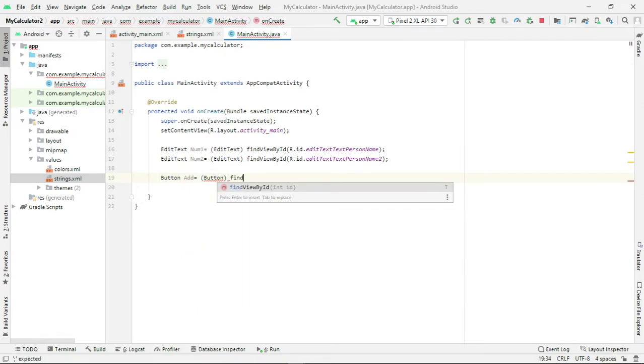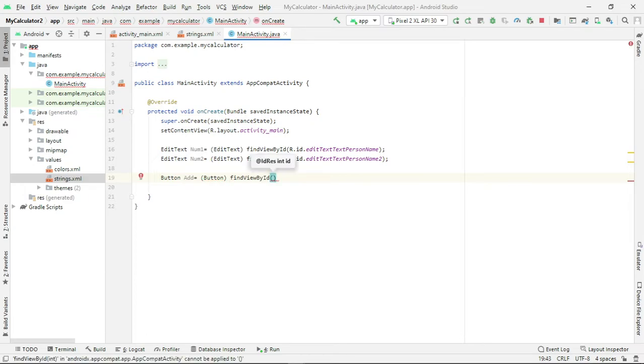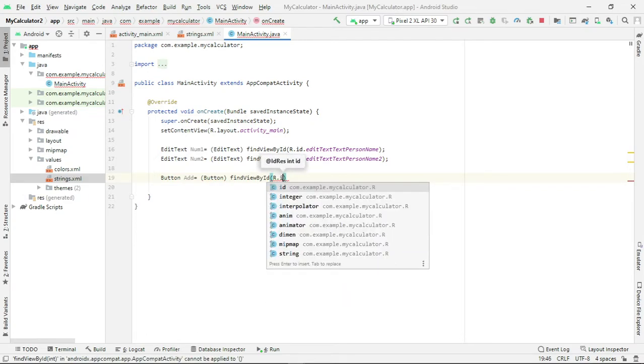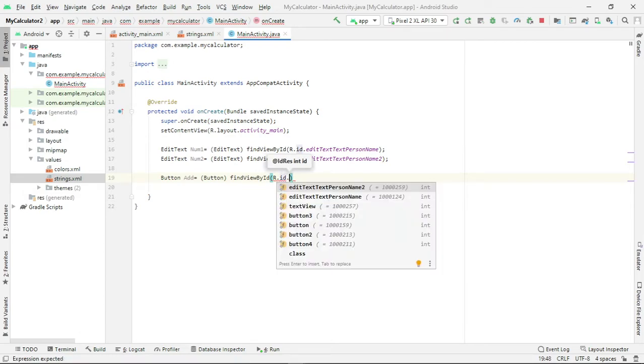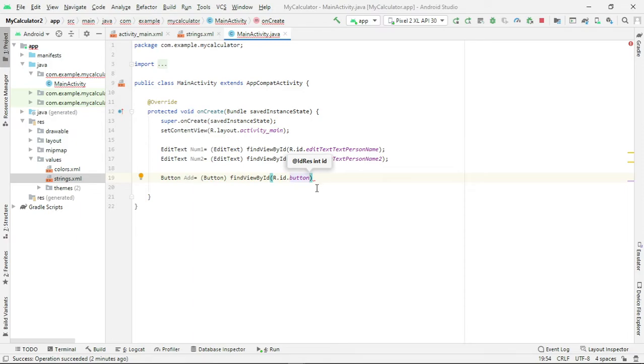Find view by ID, R dot id dot button. The first one's ID name is just button.